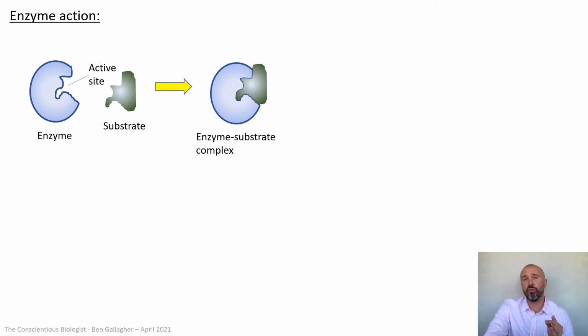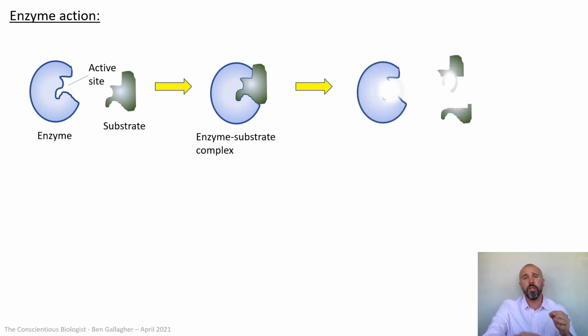If it does so, they'll form an enzyme substrate complex. The enzyme will break down the substrate by lowering the activation energy needed for the chemical reaction to metabolize it. That's a really important term. It lowers the activation energy. In chemistry, the activation energy is what needs to go into a reaction to break the bonds so that you can then reform things in another pattern. So you lower the amount of energy that needs to be put into it. That's what enzymes do because they are biological